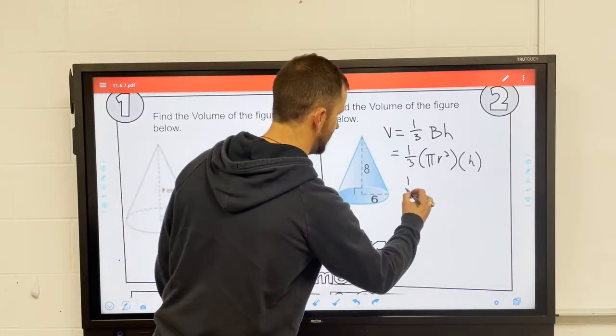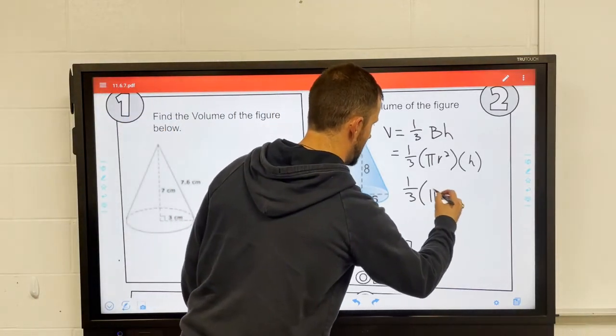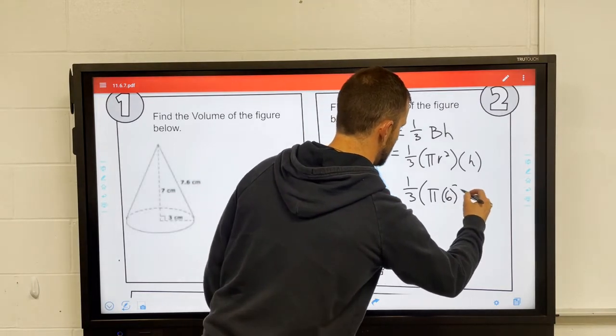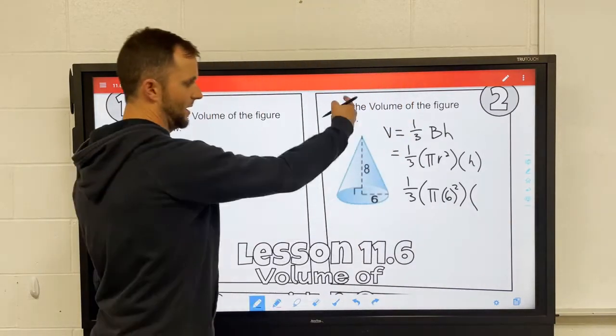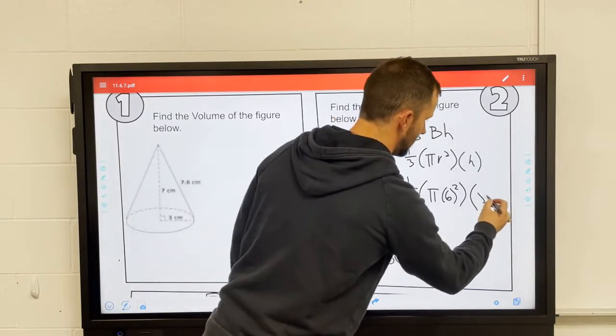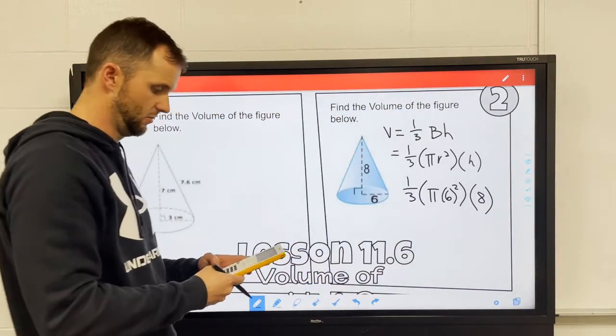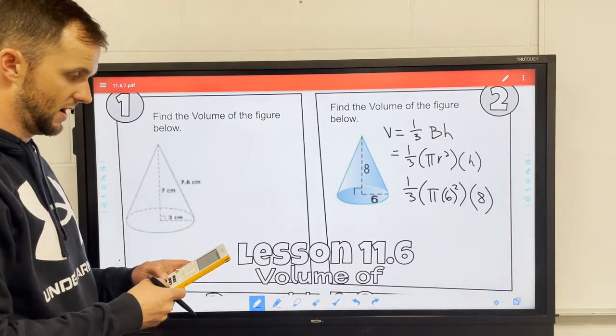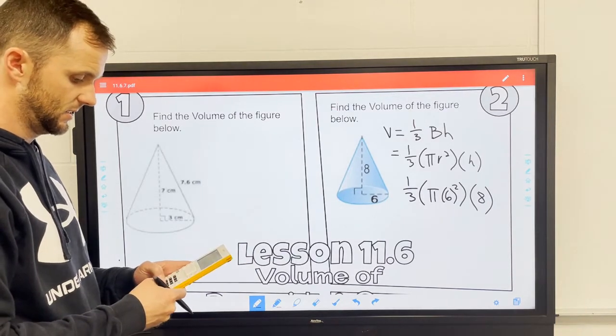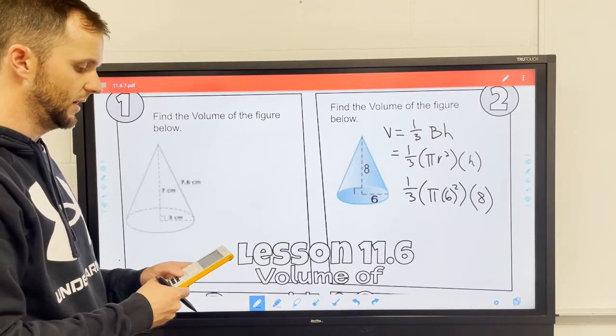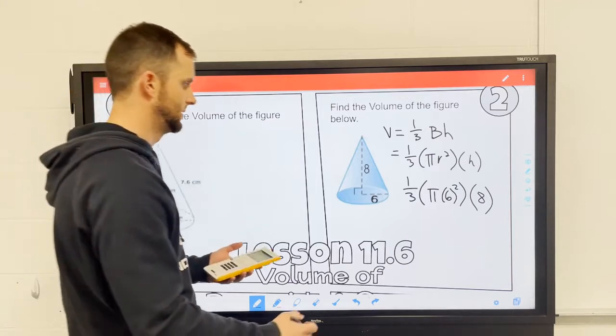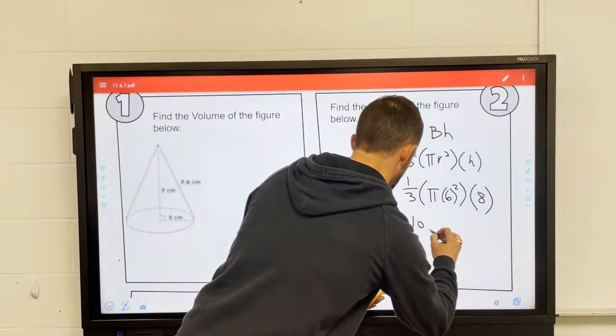So I'm going to do 1/3 times pi times 6 squared, and I'm multiplying that by my cone height, which is going to be 8 here. Okay, so on my calculator, I'm going to do pi times 6 squared, and I'm multiplying that by 8, and I'm going to divide all of it by 3, or multiply it by 1/3, which is the same thing as dividing by 3. So you should get